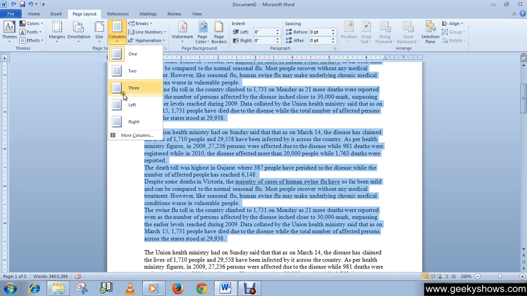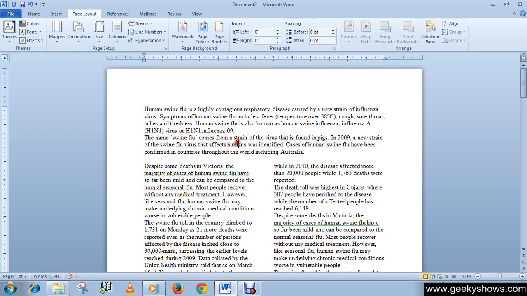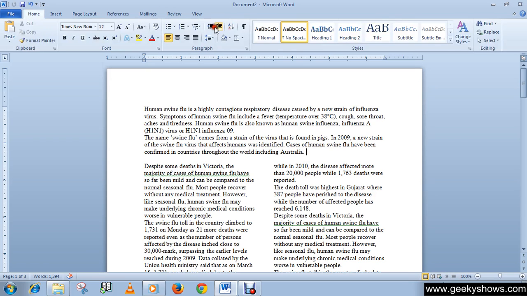So I'm going to convert these into columns, as you can see. This creates a continuous section break.